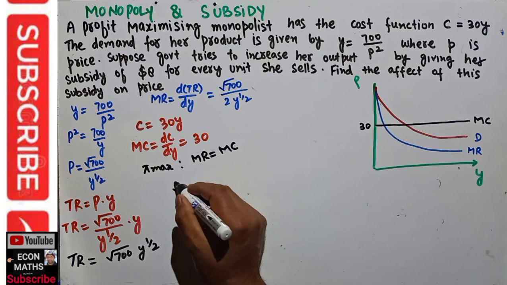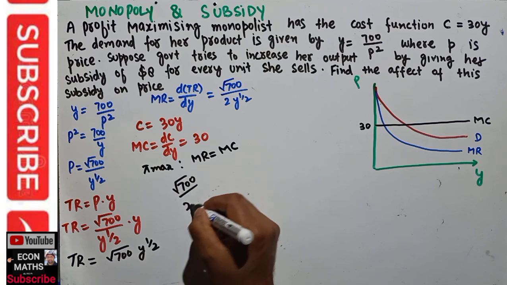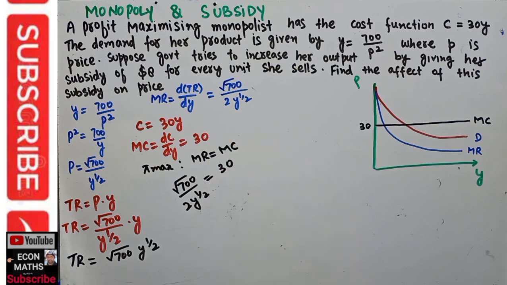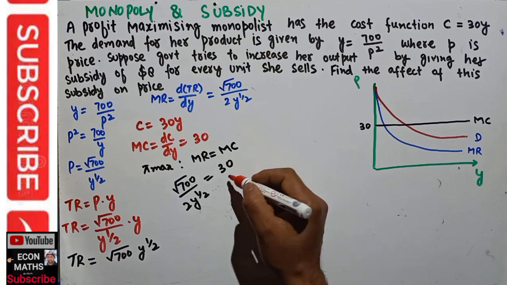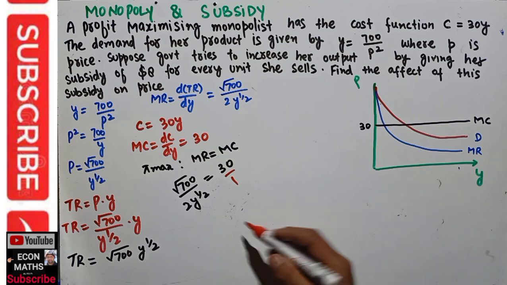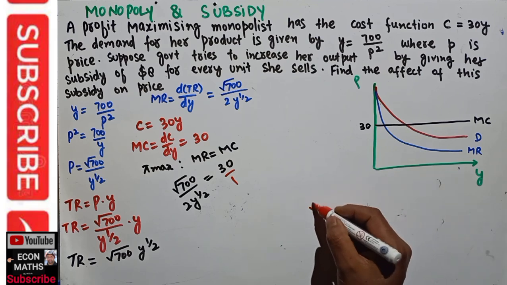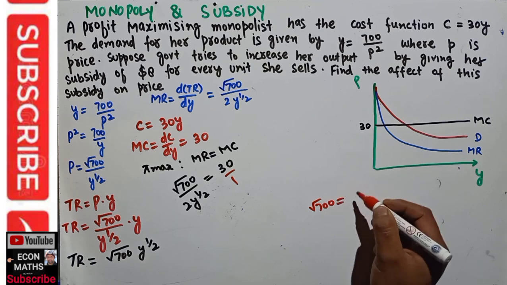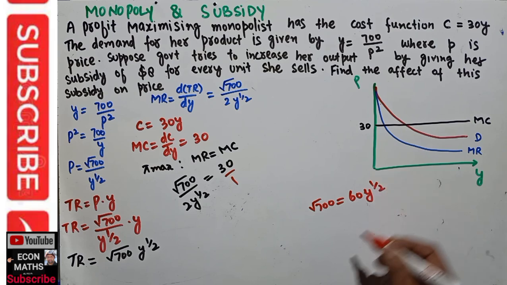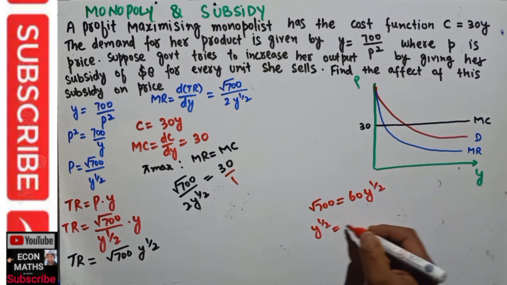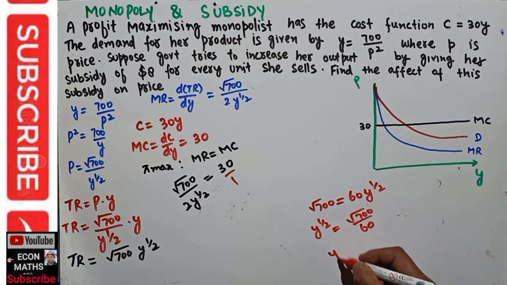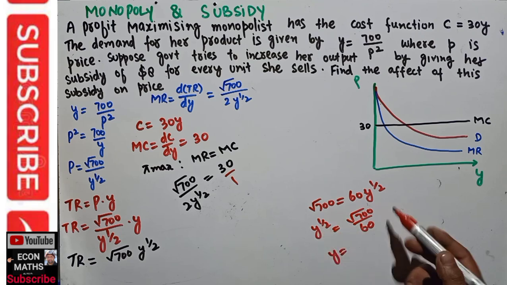Marginal revenue is this stuff that is square root of 700 divided by 2 y raised to the power 1/2. We equate it with the marginal cost, which is 30. So solving this first, it will become square root of 700 is equal to 30 into 2, which is 60, times y raised to the power 1/2, or y raised to the power 1/2 will be equal to square root of 700 divided by 60. Or y will be equal to, if I transpose this root, it will become a square, so